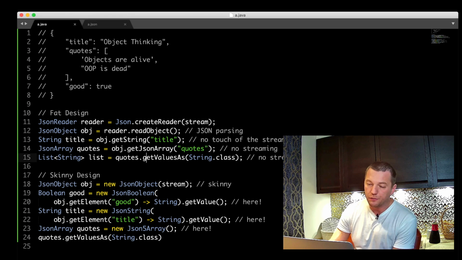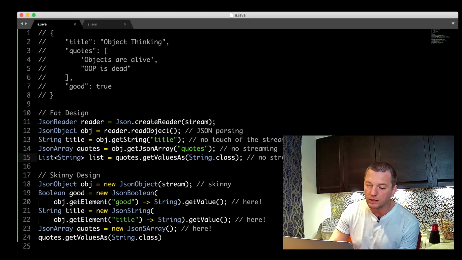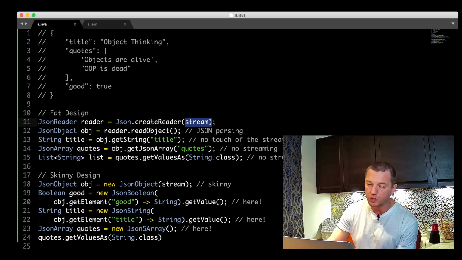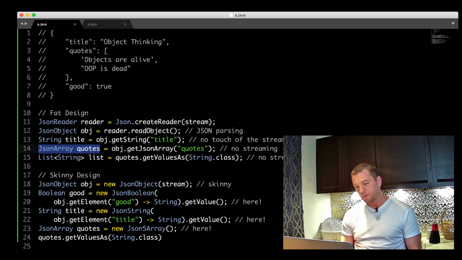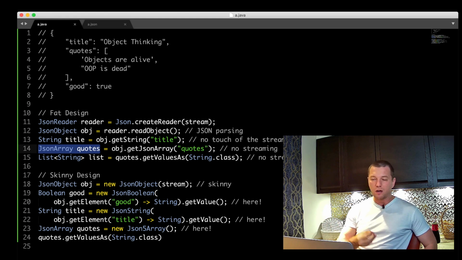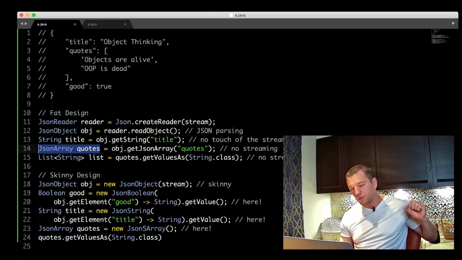But still, if you look at this code and want to see how this library can parse JSON documents, you always need to start from the top line. You create a reader, then you feed the reader with a stream, then you get the object, then you go down there, and then you check. So basically you have to write integration tests all the time. It's always starting from the top level of the hierarchy, and then you go down into smaller objects and see how they work, but you start from a higher level.